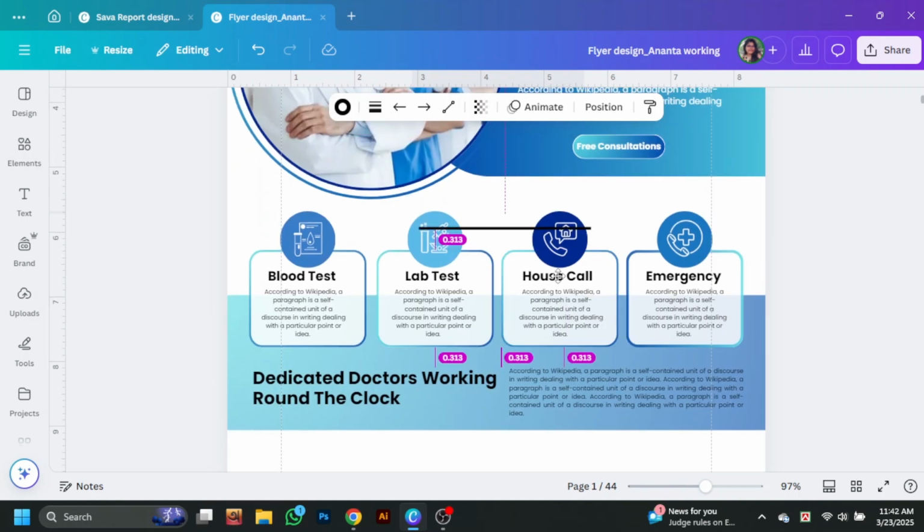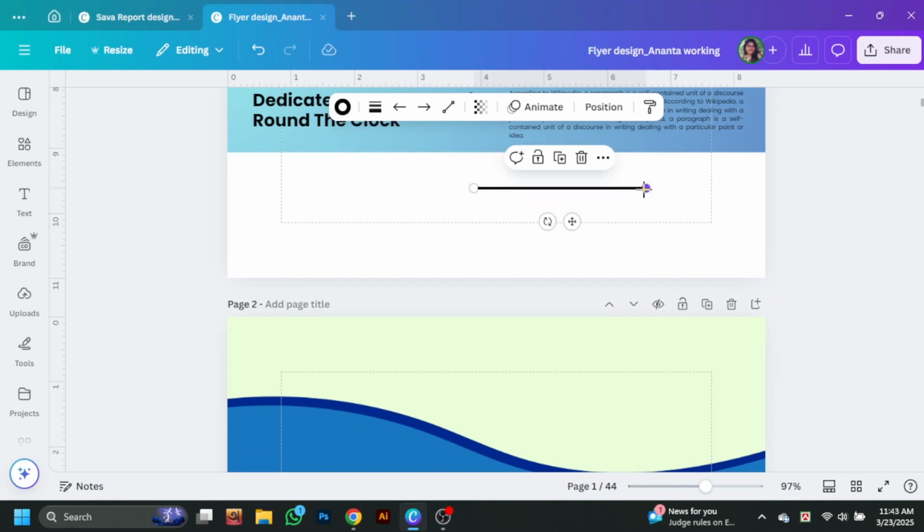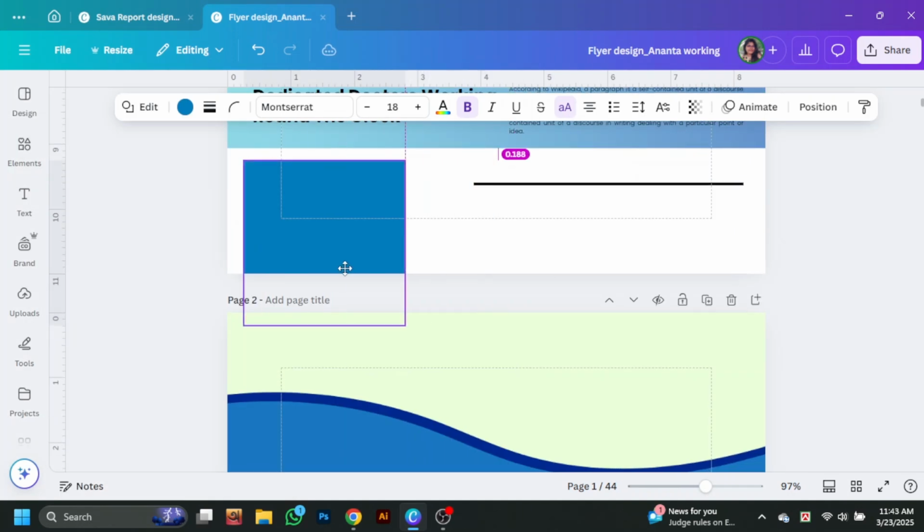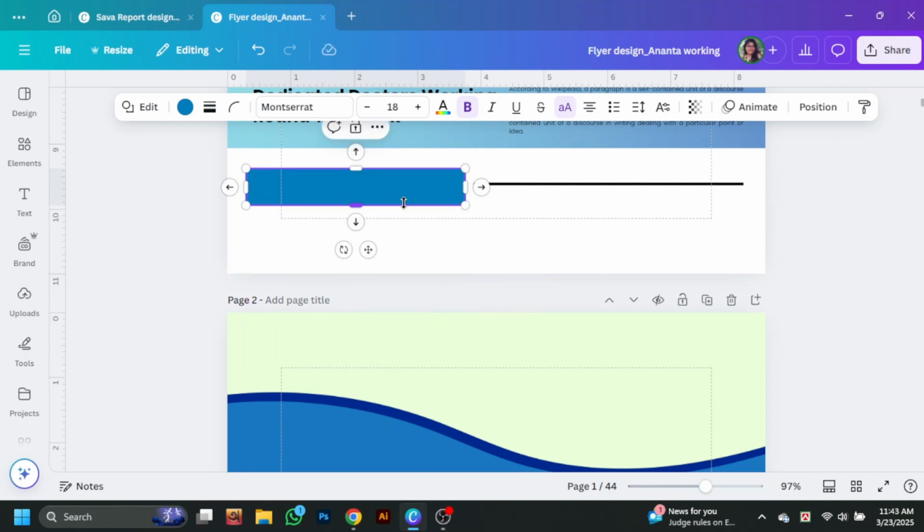Now search for a line. Let's take this line and adjust it on the half page, and now take a rectangle shape